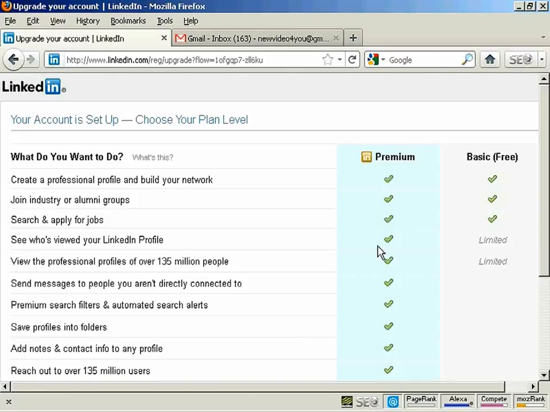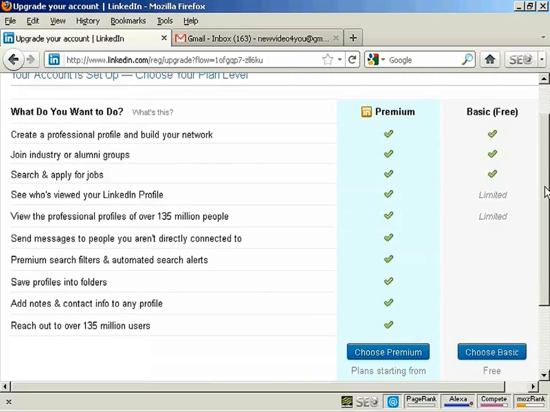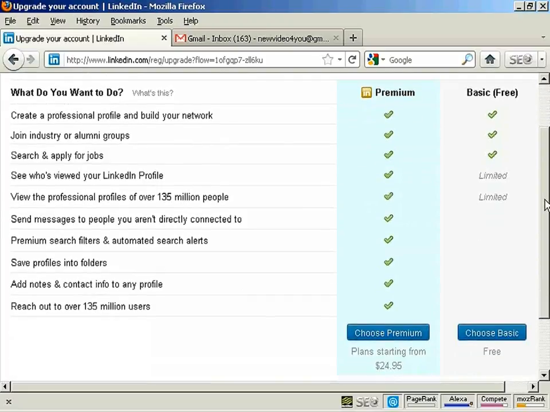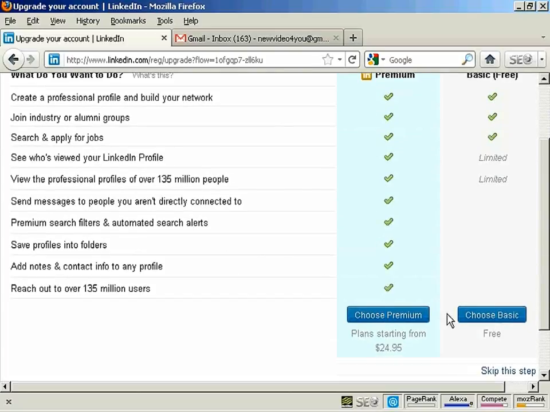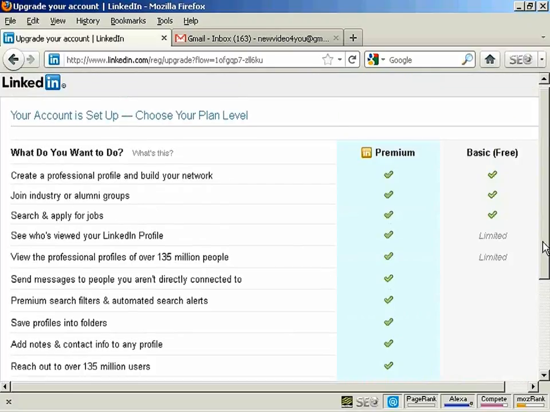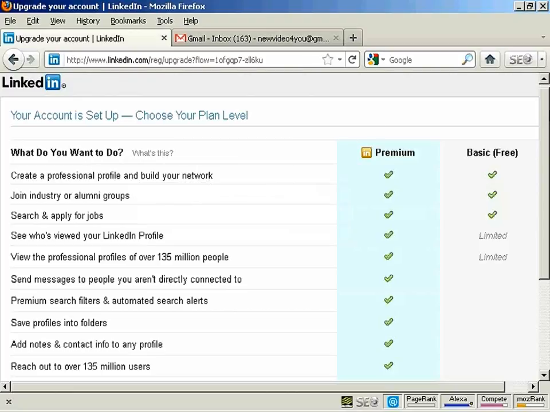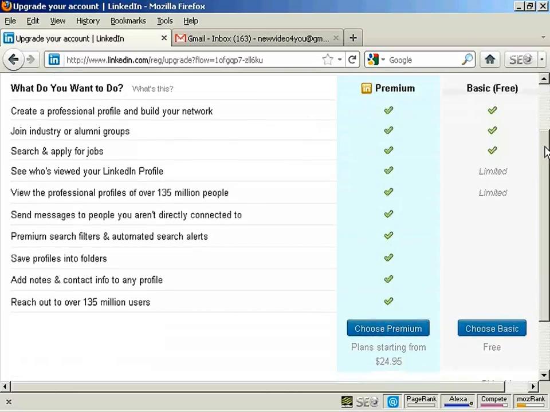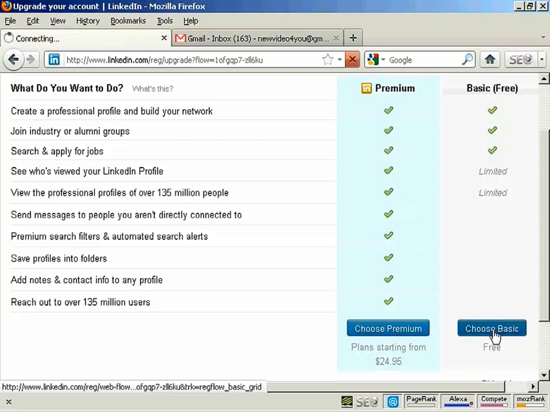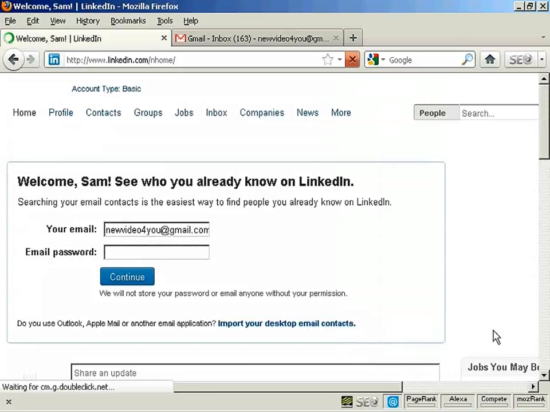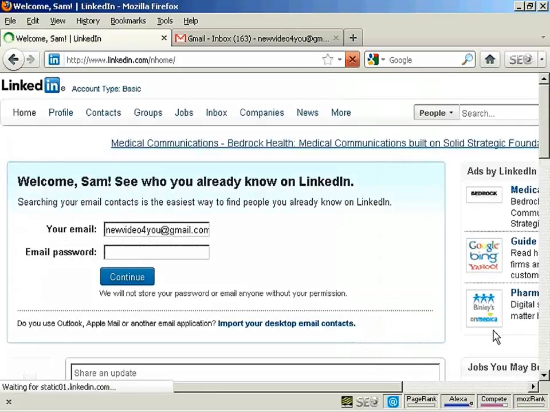All the other stuff here you have to subscribe to the premium level, and as you can see here there are plans starting from $24.95. You can always start with the free version and then upgrade to the paid for version later. I'm actually going to just simply stick with the basic one and click here on Choose Basic, and there we go, that is done,